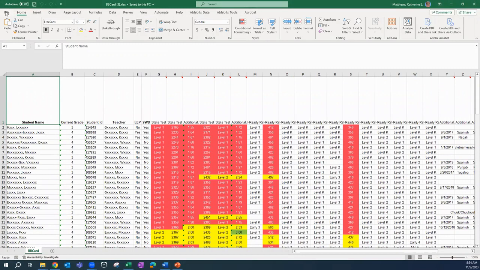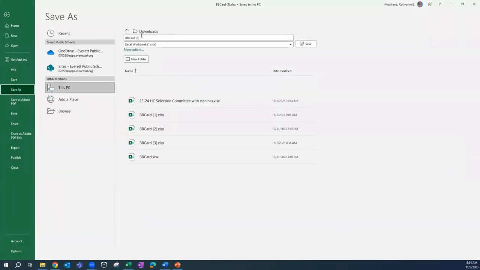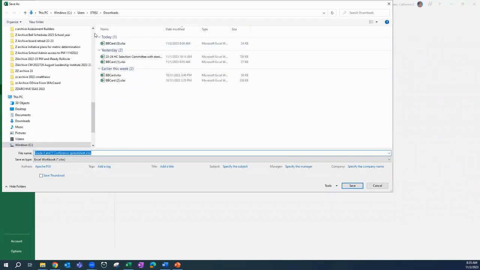Here's another pro tip. When you save this spreadsheet, so this is my grade 4 and 5 conference spreadsheet, you want to save it in a folder where you're also going to save the letter that you're writing, because the spreadsheet and the letter have to find each other. Okay, so we're going to open up Browse here, and